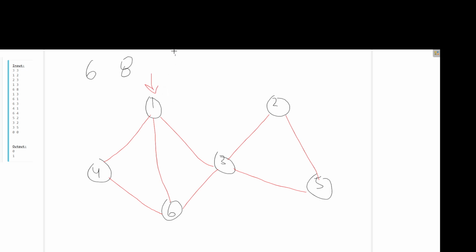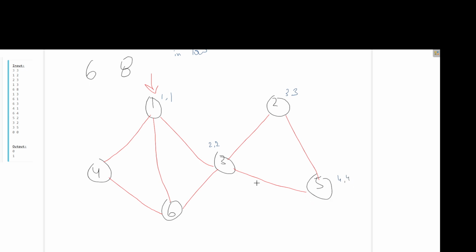There are two times, in time and low time, right? So here the in time will be 1 and the low time will be 1. Now we'll go to 3, in time will be 2, low time will be 2, and then we will visit 2, in time will be 3 and low time will be 3. Now we will visit 5, in time will be 4 and the low time will be 4.